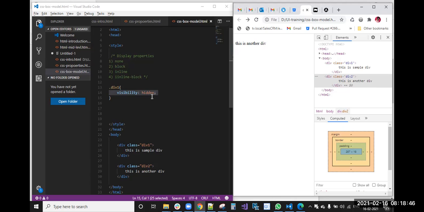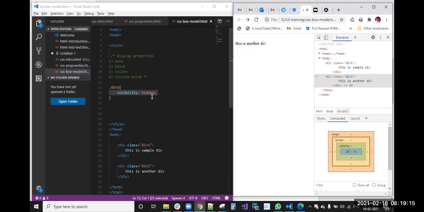So this is the difference between the visibility hidden and display none properties. In interviews they will ask you what is the difference between display none and visibility hidden. Both do exactly the same thing: they hide the actual element. But with display none, while creating any element, memory is allocated to that element, and if you apply display none, the memory will be erased.